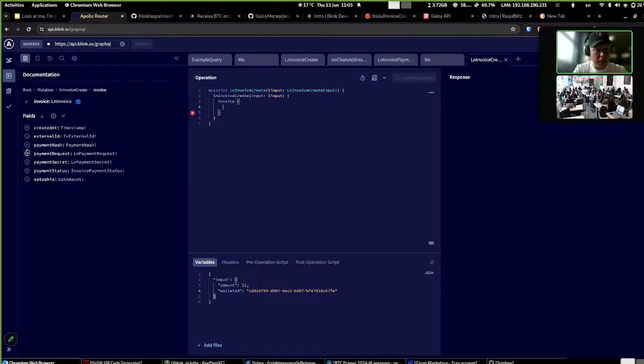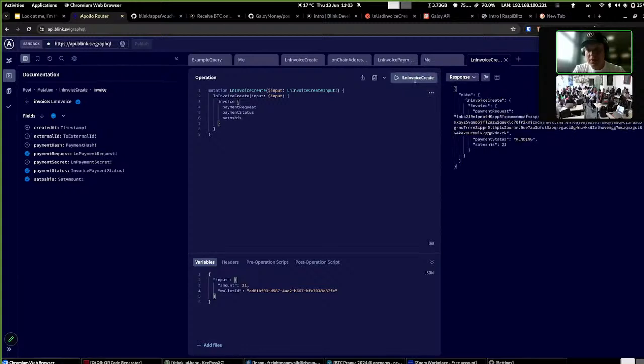I would definitely want to have the payment request displayed. And then also, if I press the button, which means I would send this GraphQL request,